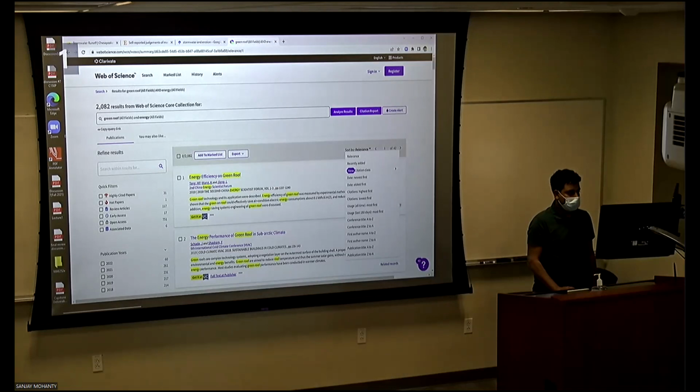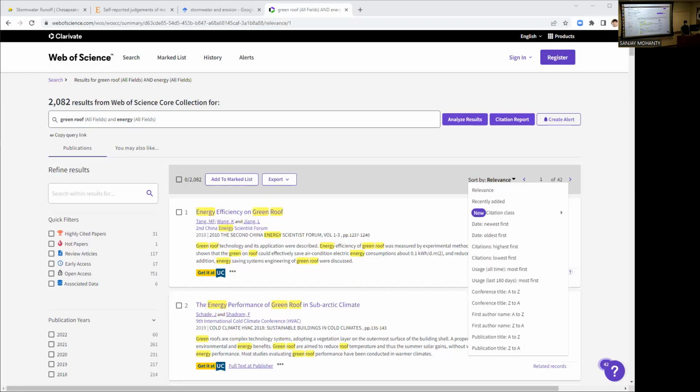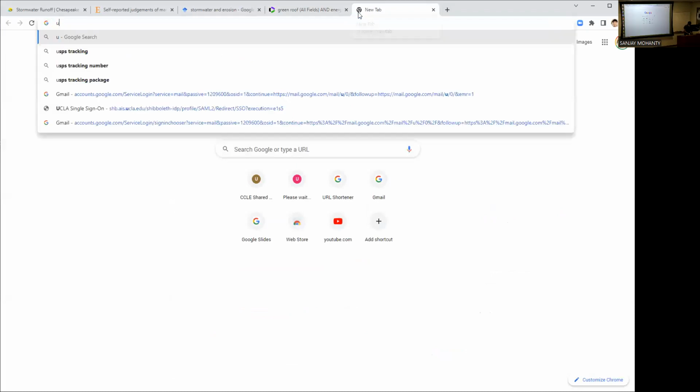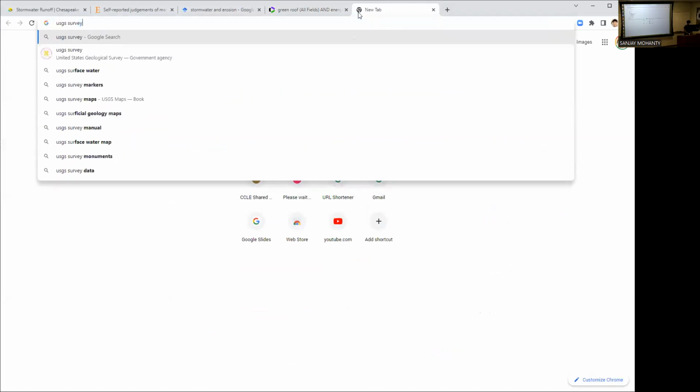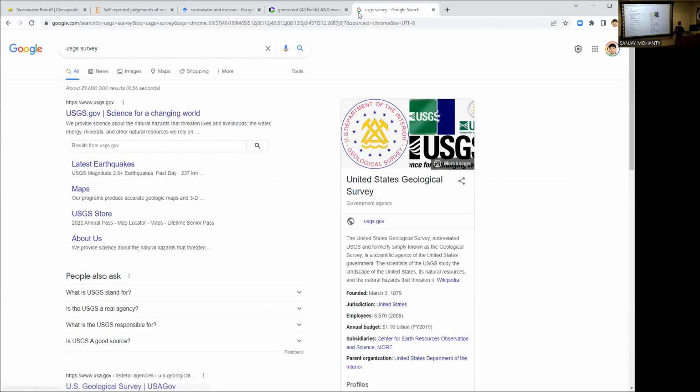I go back to the website that I showed you. So let's do that. I go to the USGS soil survey. Let's find out exactly in this building. We are near Boelter Hall. So let's find out what the soil type is below Boelter Hall or near the courtyard. Let's say we replace that Engineering Science courtyard with permeable pavements, and let's hope that the soil will infiltrate. Let's see whether that will happen or not.